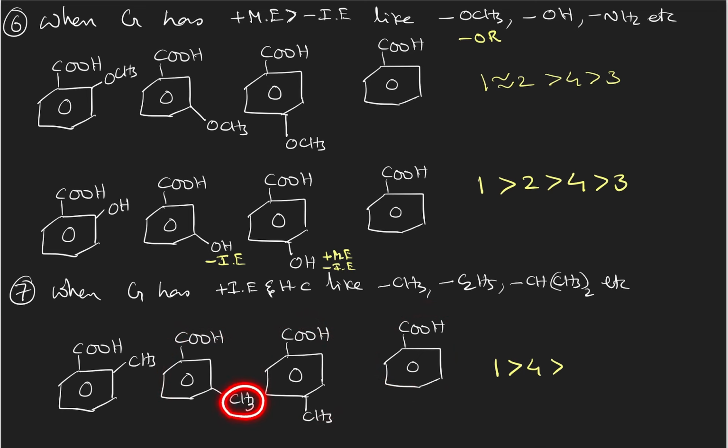4 is better than second and third. In second and third it is electron releasing group, whereas fourth does not have electron releasing group, therefore better. And methyl group being at a meta position is better than being at para position, because if methyl is present at meta position, it gives only positive inductive effect. Therefore, decrease in acidic strength is lesser. Whereas if it is present at a para position, it will give hyperconjugation and also positive inductive effect. So hyperconjugation is a much more acidic strength decreasing factor. Therefore, being at meta is better than at para position.